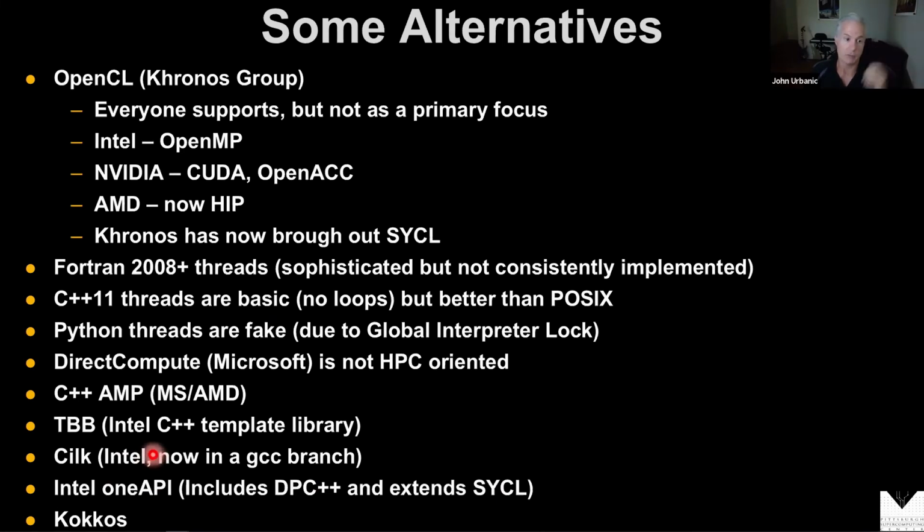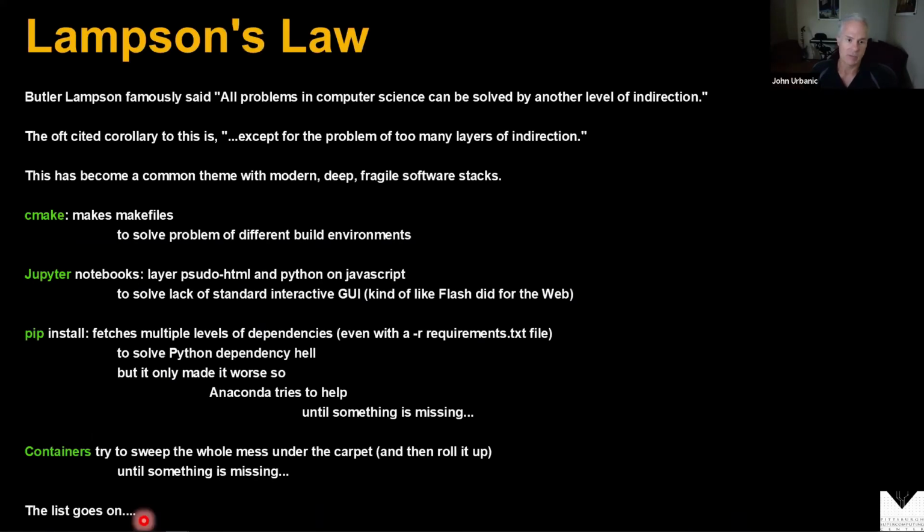And so 5 years from now, who knows what's going to be abandoned and what's going to be supported. And none of them are compelling to me because they're still, in most circumstances, kind of lame versions of OpenMP. The national labs, in an attempt to unify OpenMP and OpenACC and multiple ways of programming GPUs and multi-threaded, have written a layer on top of that called Kokkos. They've got a couple of them actually, but a lot of this stuff turns into a very good example of Lampson's law.